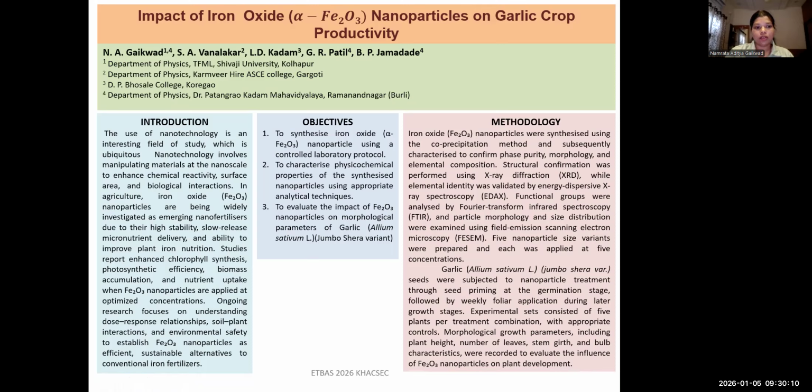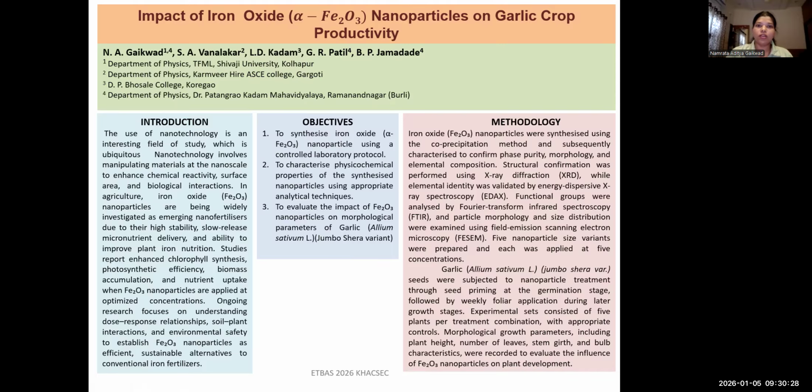In recent days, researchers are trying to study the dose response relationships, the soil plant interactions, and environmental safety of various nanoparticles, of which I am studying iron